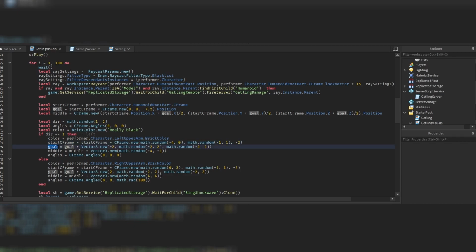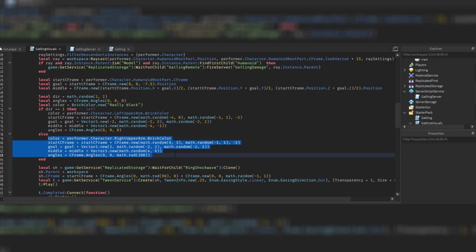right here, we are also influencing the goal. So the goal point, the ending point. So goal equals goal plus, and then some random vectors right here. We do the same for the middle. And the angles, they stay at C-frame, they're at angle 0, 0, 0, okay? Now, right here,